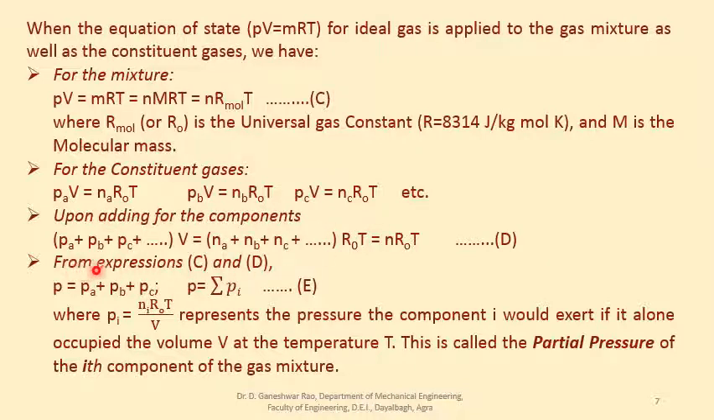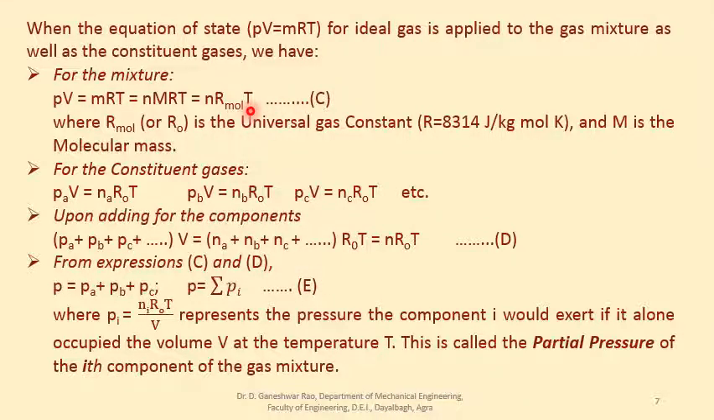That is (PA + PB + PC) multiplied by V will be equal to (Na + Nb + Nc) R0T, right? Now Na + Nb + Nc, this is the total number of moles, can be replaced by N. So the right hand side is equal to N R0T. Now if you call this equation D and this as equation C, if you consider these two equations, from these